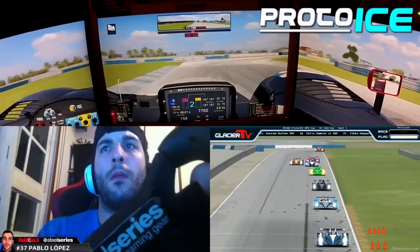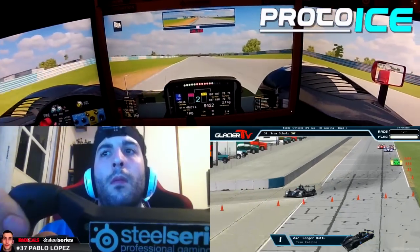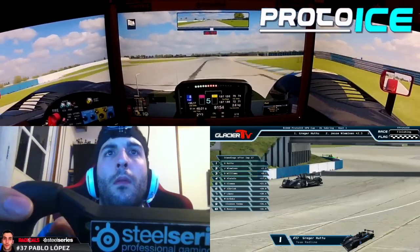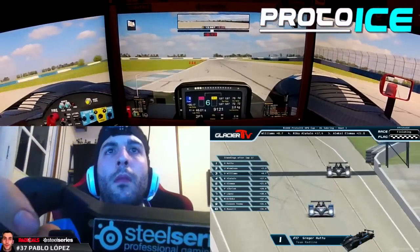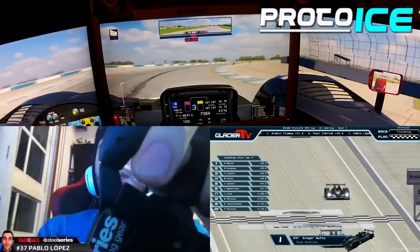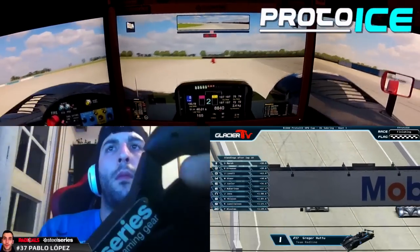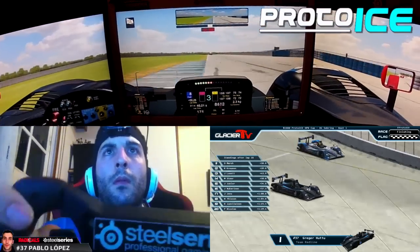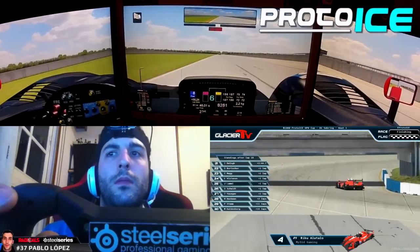And while that is all happening, Gregor Hutu working his way down the back straight. He's coming down into turn number 17. Gregor Hutu, in fact, he's got a car going very sideways ahead of him there as he comes out of the final corner. Crisis averted. Gregor Hutu is going to win round number 7 of the ProtoICE $1,000 Cup. Crisis averted indeed. Jesse Niemann will come home in his 2nd position there, with David Williams now coming out the final corner. He will take home the 3rd position with Rico Latolo coming out of the final corner now